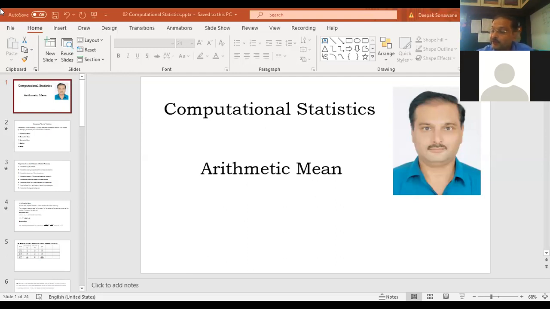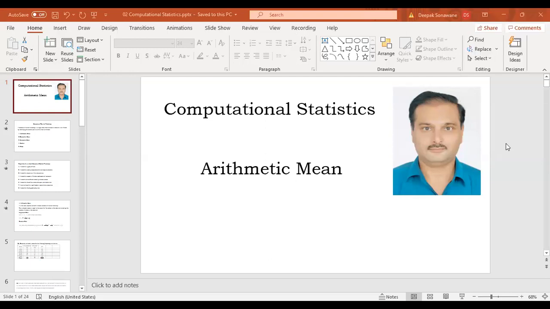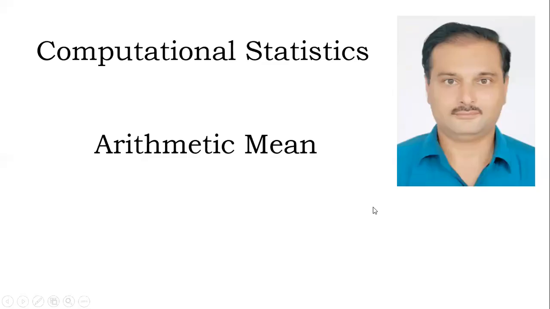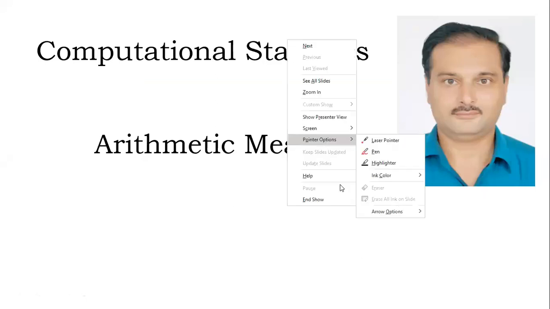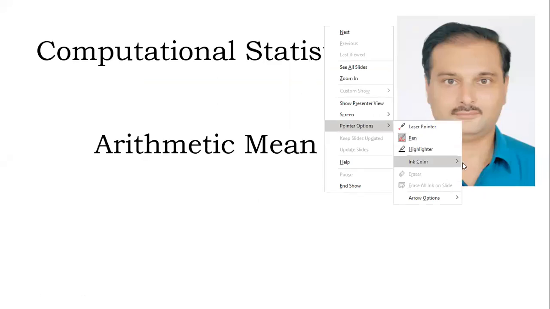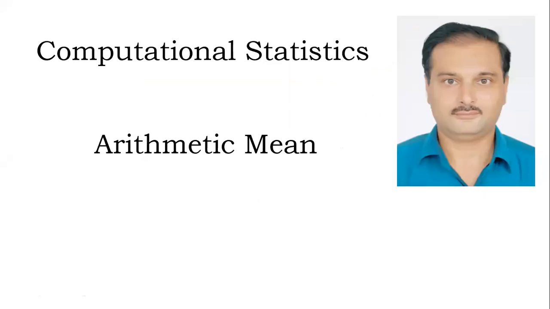Yesterday we were discussing different measures of central tendency, that is averages. Before that, we tried to understand the meaning of the terminology statistics. We have seen that there are 5 measures of central tendency, and arithmetic mean is one of these, the most popular. We have seen some corners.